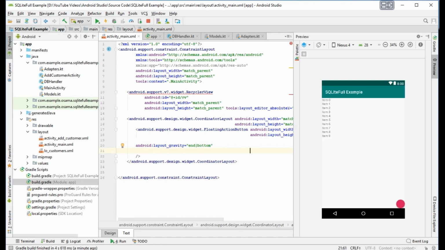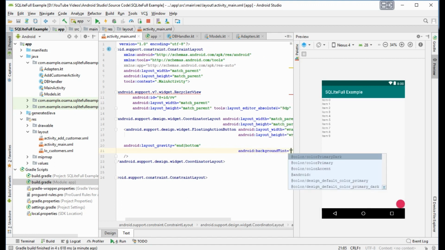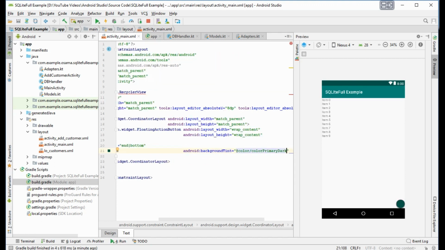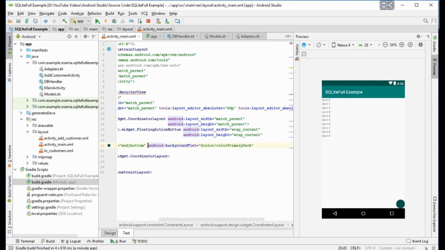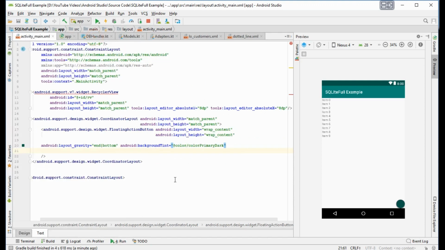We will give it the background tint, colorPrimaryDark. Why is it like this? Okay.